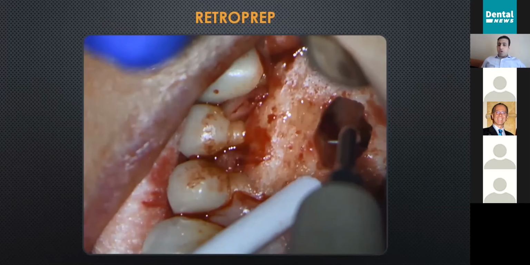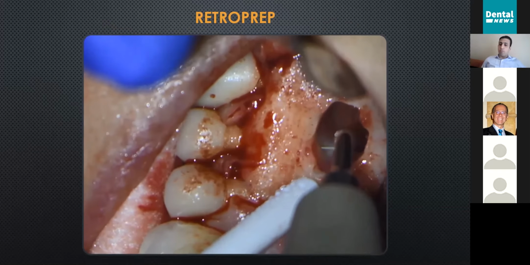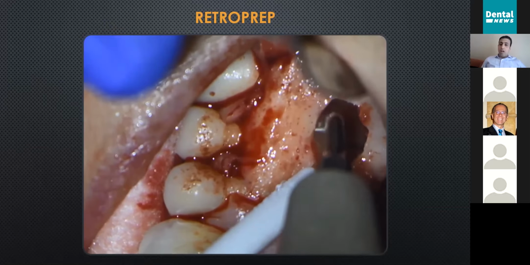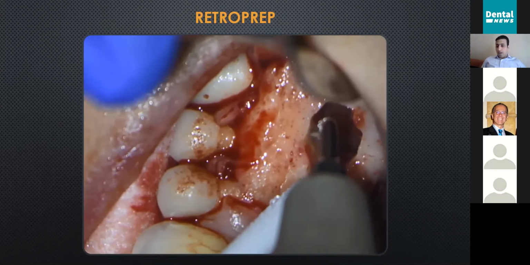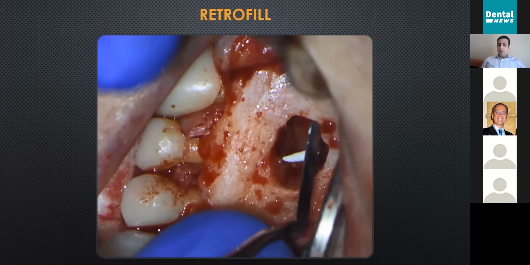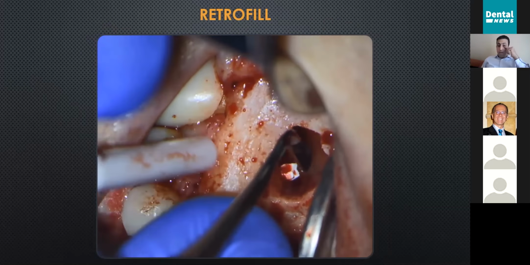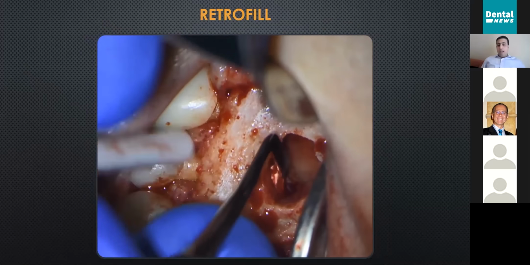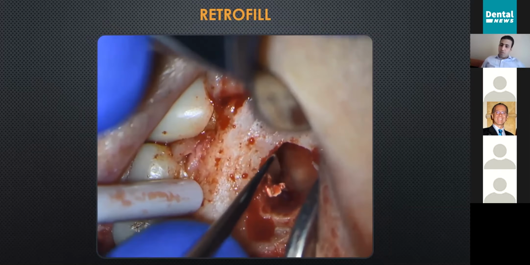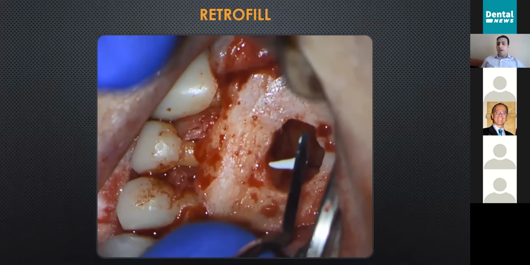Now here with the retro prep, with the use of modern microsurgical techniques, we can retro prep the main canal and we can retro prep the surgical defect as well, ensuring proper cleansing of that area. And then following that, this case was sealed with bioceramic putty for the main canal and for the resorptive defect as well. And in my opinion, this would provide the patient with a more successful outcome, given the good seal that we can get with the surgical